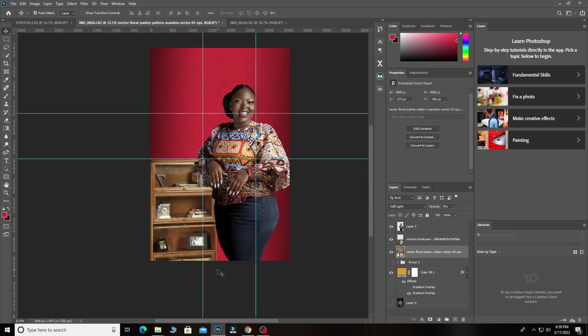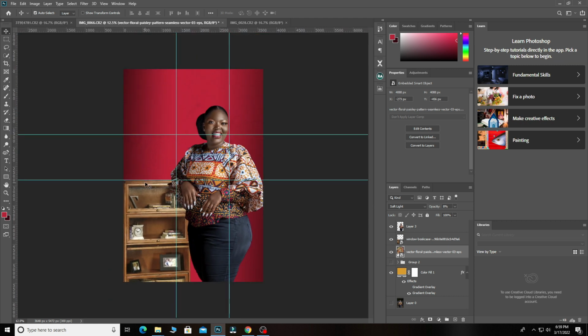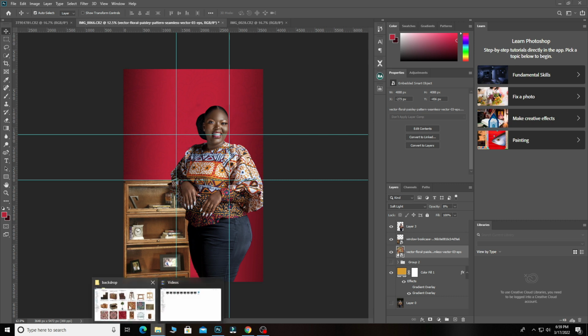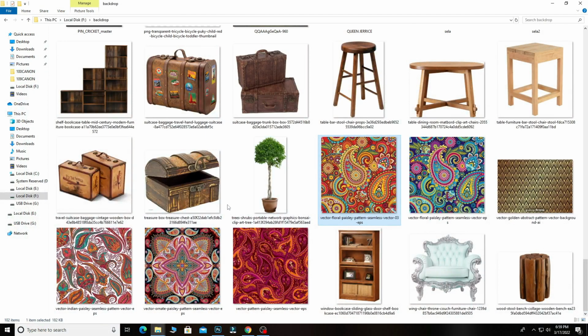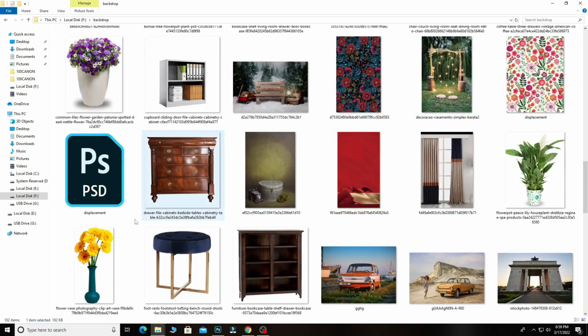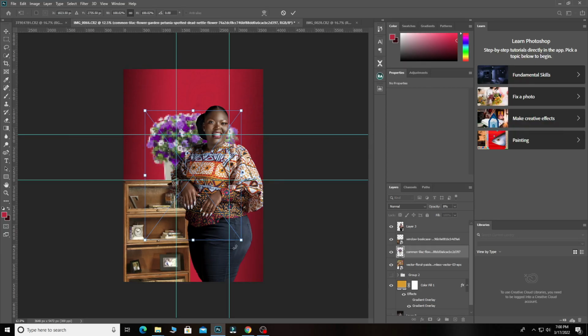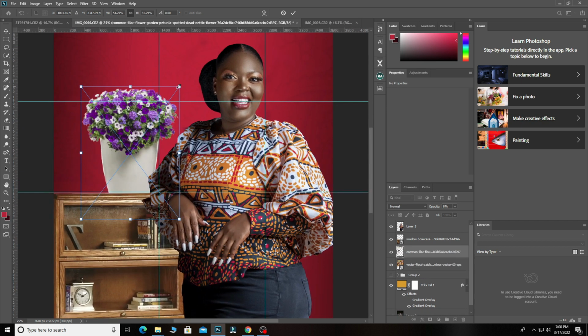Okay, so let me try if I can put something over here, if it's going to work for us. So I think I have some flowers, anything. Okay, so let's choose this one, and let's see the one that can fit into it. Okay, so let's bring all of them here. Okay, let me zoom in,